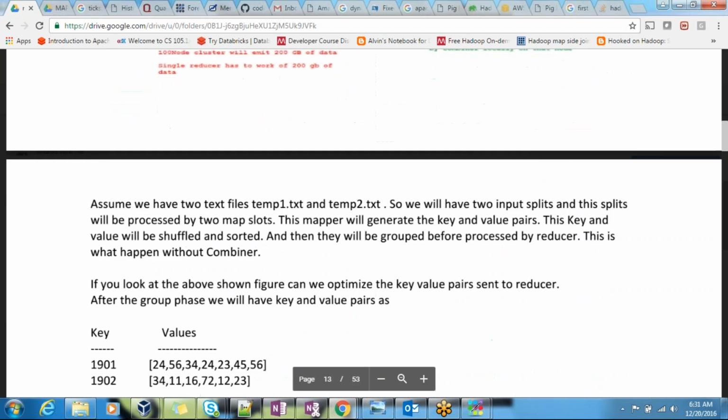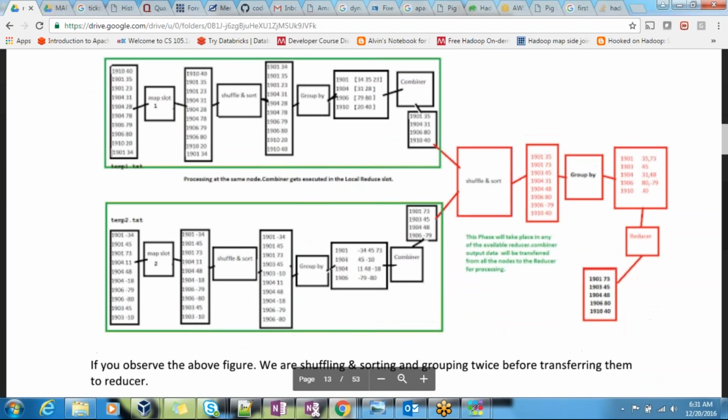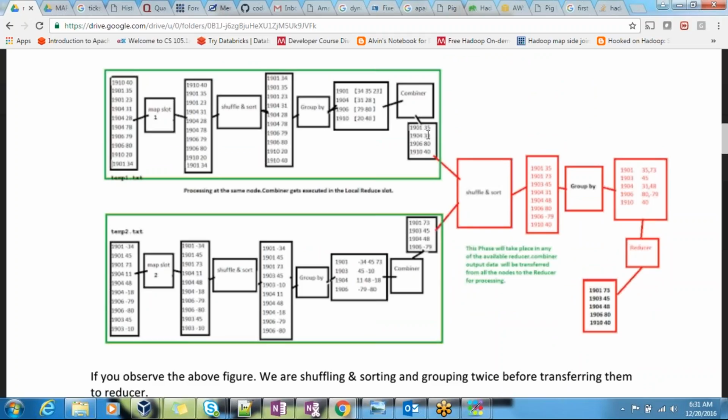But if I use a combiner, I am sending unique key value pairs. 1901, 35 is the maximum temperature, 1904 this one is the maximum temperature, 1906 this is the maximum temperature. So instead of sending the duplicate year and temperature, I'm sending the unique year and temperature because I have done the local aggregation.